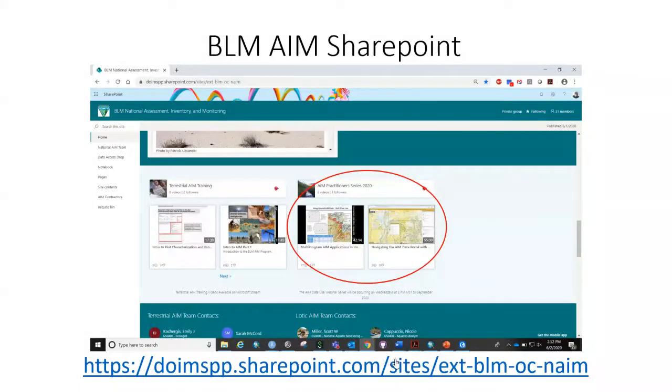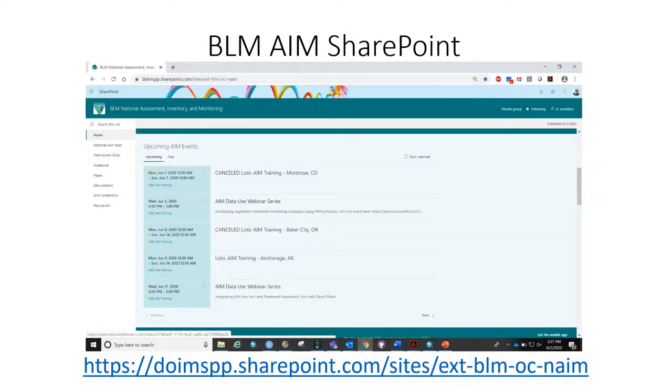So I would like to plug the SharePoint first of all. I know we have a lot of places where we send you all, but once the Microsoft migration happened this year, this has kind of been a big BLM collaborative space for our folks to go to learn more about what's going on with the program, to look at articles, webinars, videos, all kinds of fun stuff.